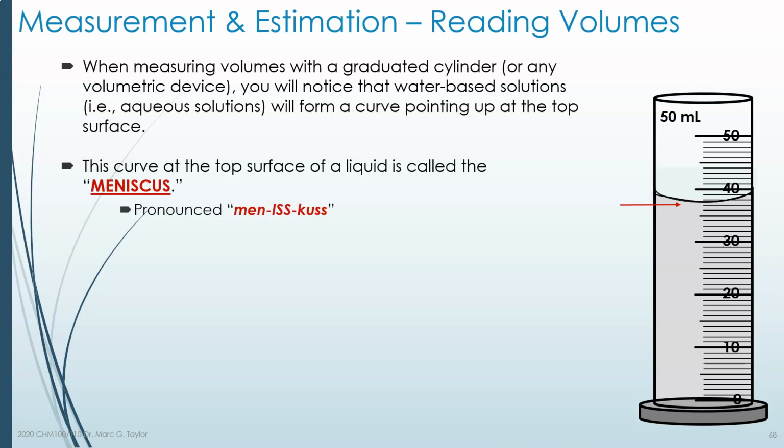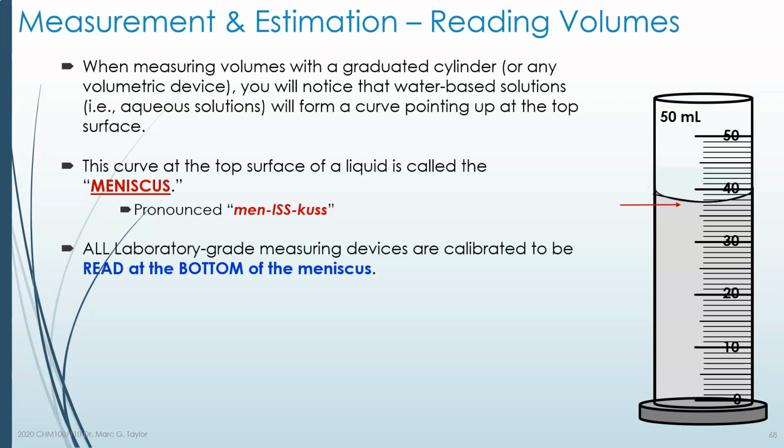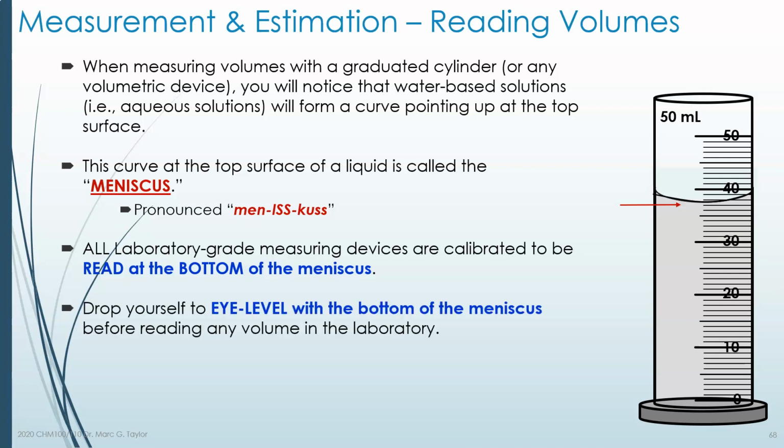It's called a meniscus. And the meniscus can be curved like this for water. And you will always, no matter what shape the meniscus is, read the lowest part of the meniscus, because all laboratory graduated cylinders and any volumetric device in the lab has been calibrated to match the bottom of the meniscus. Wherever the bottom is, whether it's in the center, and the sides, or somewhere else, the bottom is where you're always going to look at. And that means that you need to drop to eye level, put your eye right next to it. Of course, you're going to be wearing goggles, and read as best you can the level of the bottom of